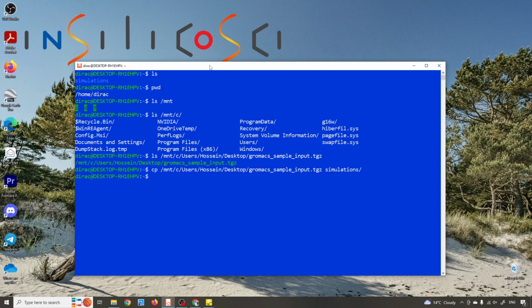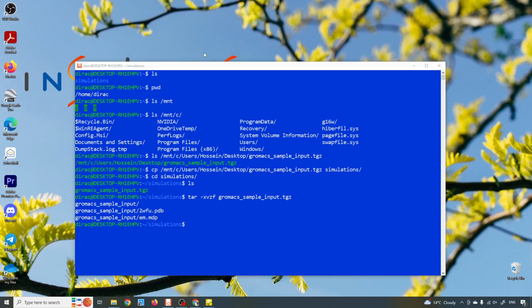Now I have the file in the simulations folder, and I go inside the folder and extract the file by tar xvzf and the file name.